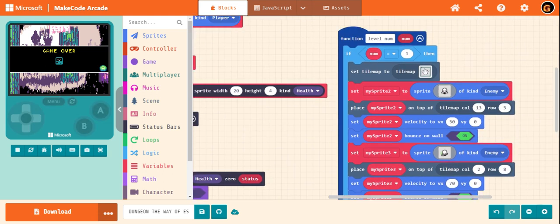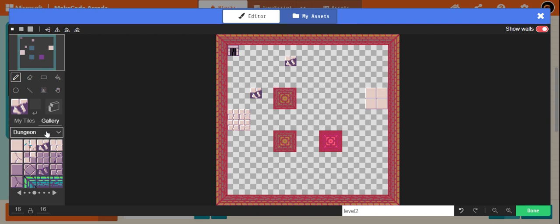Then I think we forgot to add something else. We have to add an escape door. Perhaps I should choose some tile. Perhaps this tile is better. Okay.